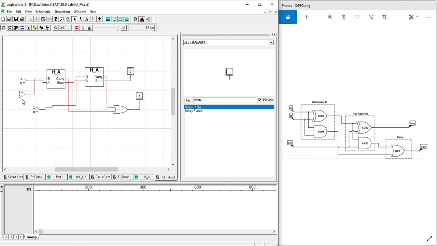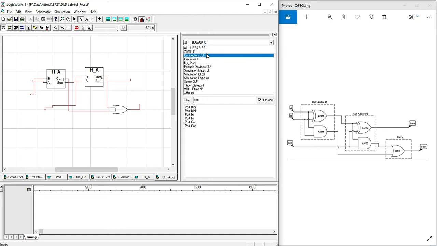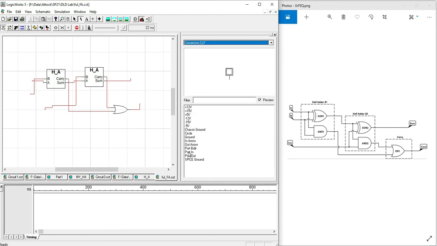As I told you earlier, we can delete the binary switches and the binary probe as well, and we need port in and port out. We will go to the connectors as well and we can find the port in from here. We need 3 port in, 1, 2 and 3, and we need 2 port out, one for the sum and one for the carry.